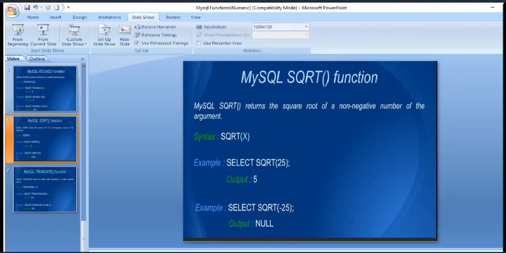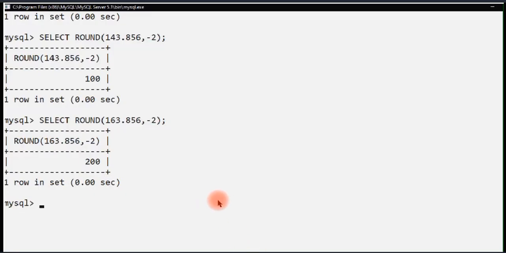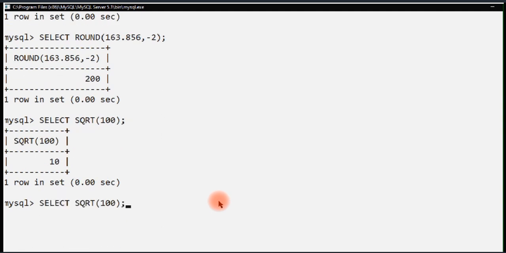So here I am showing you practically how to use it. Select sqrt in the bracket, the value 100 I am taking, and we all know that the square root of 100 is 10. So the answer is given here. Same way, you can take any value which is available in a table. So here I am taking department number, and again without making that mistake of not taking the table, I am taking it from EMPL. Now I will find the square root of all the department number column.